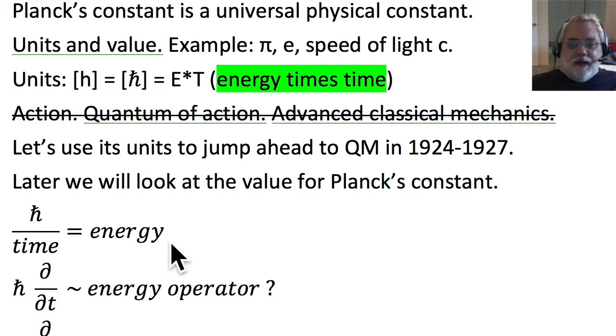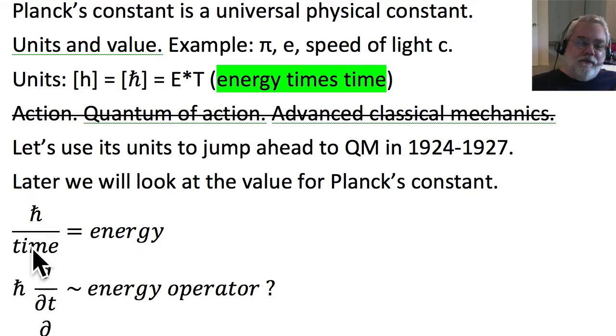Well, energy is an important thing. We understand energies. We understand kinetic energy and potential energy in classical physics. We understand energy in thermodynamics. We can imagine that an atom has energy. We can imagine that an electron has energy. So, energy is useful to us. Energy times time, we don't know what the heck that is. If only we divided by time, we could get rid of that time and we would end up with energy, right? So the question is how to do that.